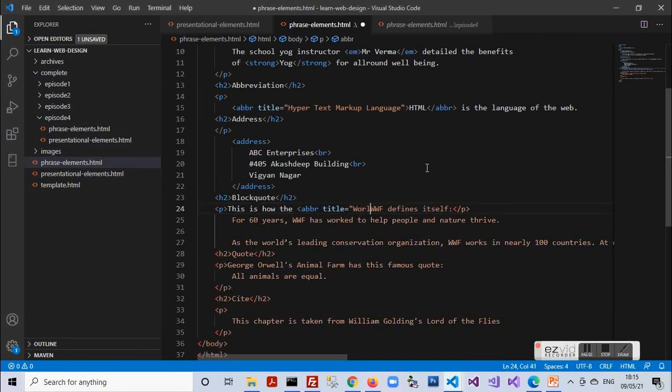And the information about the WWF extracted from their website, I need to enclose within the block quote tag. So I enclose this information within block quote.